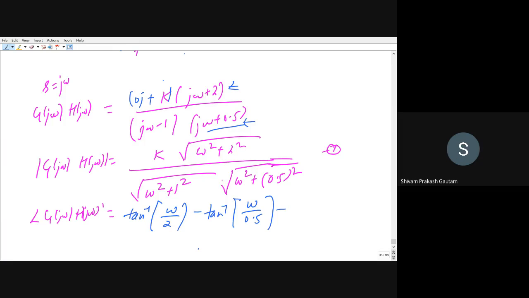Again minus because now I am calculating for this. Again minus because I am calculating for the denominator. Minus tan inverse of our phase, how much? Imaginary part is omega and real part is minus 1. And I will also add minus 180 degree. Why? This is the additional phase that I am adding because we are having a negative real part in the denominator. Are you getting this?